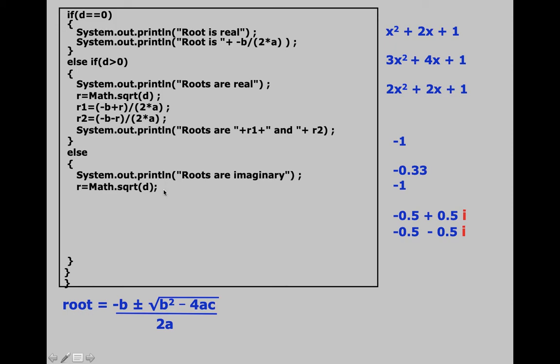See, what happens is the concept of i does not exist in Java. So if you give minus 4 to the sqrt method, it is not going to give you 2i. No, that is not going to happen. Okay, because sqrt does not know how to find the root of a negative number. So if you write this statement in Java, it is going to report an error.